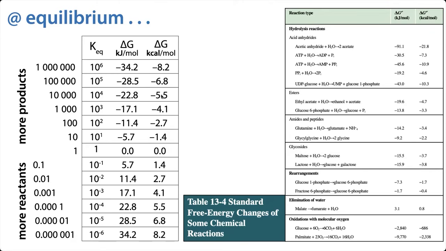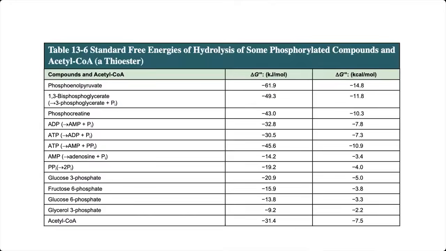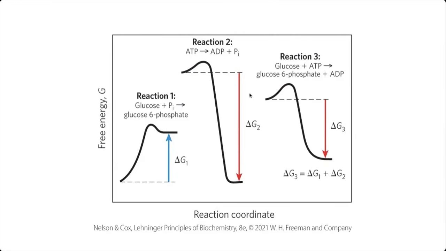This is going to be saying that if we were to let it go to equilibrium, we'd have between 100,000 and a million times more of the ADP, our product, than of our ATP, our reactant. So we've got to actually keep it from reaching equilibrium. It's really important that we do keep this reaction from getting to equilibrium because we can use these metabolically irreversible reactions in order to drive reactions that are thermodynamically unfavorable by coupling them to one another. And we'll get back to this concept of reaction coupling later in our lesson.